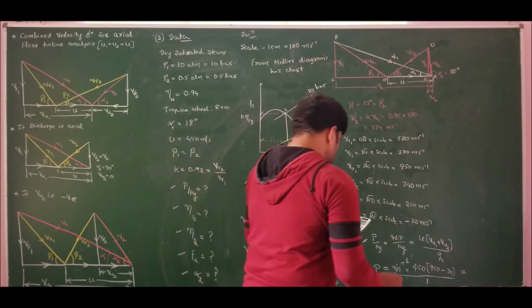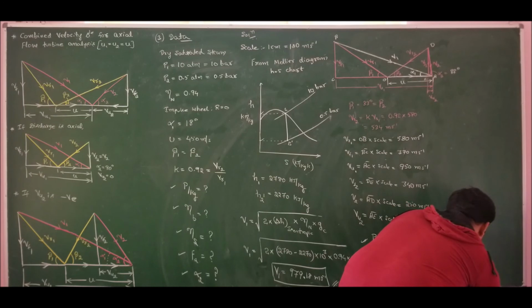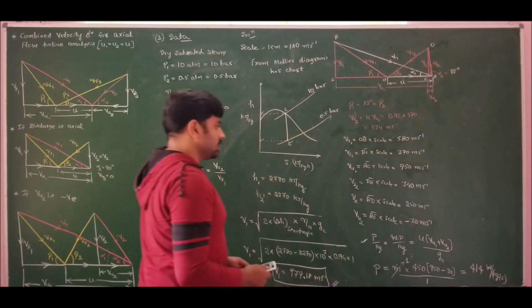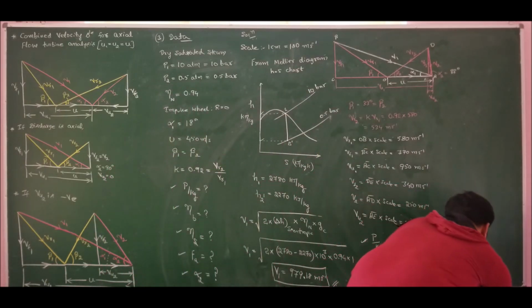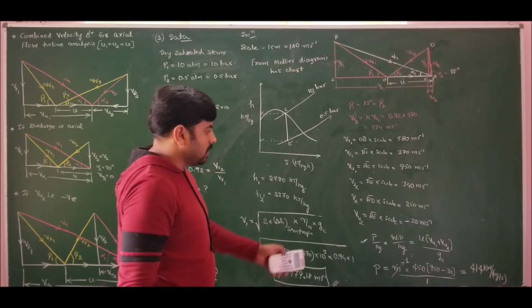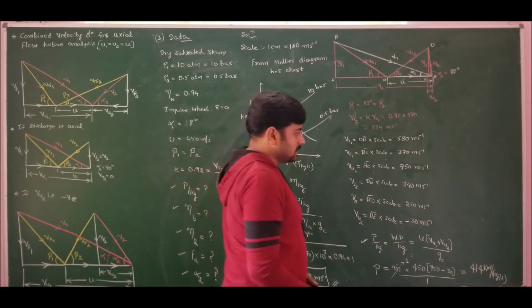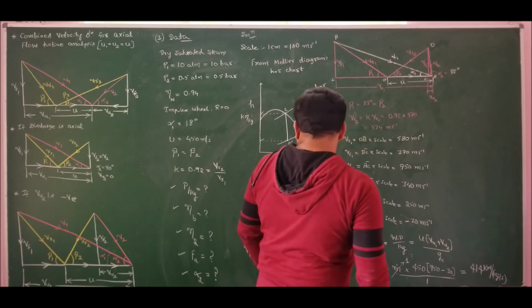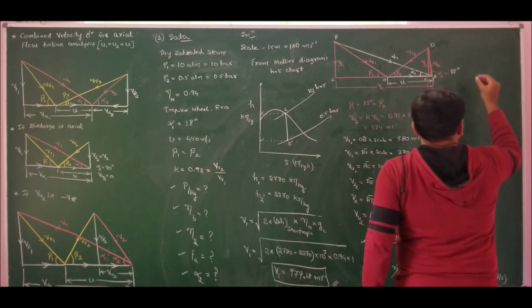So therefore specific power output will become 414 watts divided by mass flow rate, which is 1 kg per second. So this is for a mass flow rate of 1 kg per second. We have 414 kilowatts, divided by 1000. So therefore it is in kilowatts. Very important, it is in kilowatts. Specific power output is 414 kilowatts per kg per second, because he has asked for specific power output, that is per kg of steam.